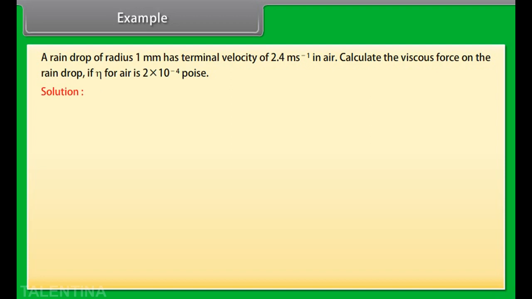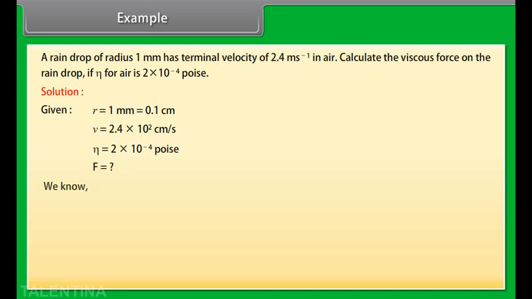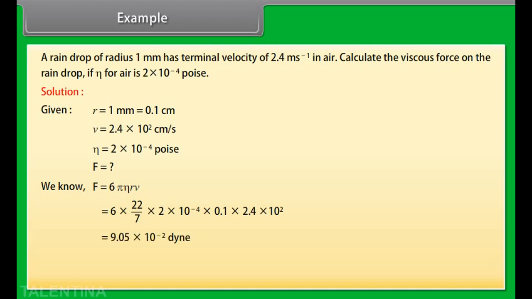Let's see the solution. Given values are r equals 1 millimeter, which can be written as 0.1 centimeter. v equals 2.4 into 10^2 centimeter per second. Eta equals 2 into 10 raised to the power minus 4 poise. We know that F equals 6 pi eta r v. Putting the respective values in the above equation and calculating, we get F equals 9.05 into 10 raised to the power minus 2 dyne, which is equal to 0.091 dyne. Hence, the viscous force on the raindrop is